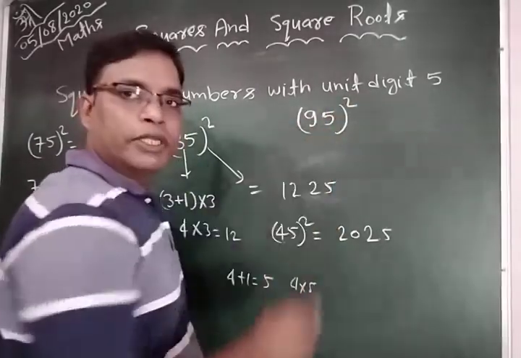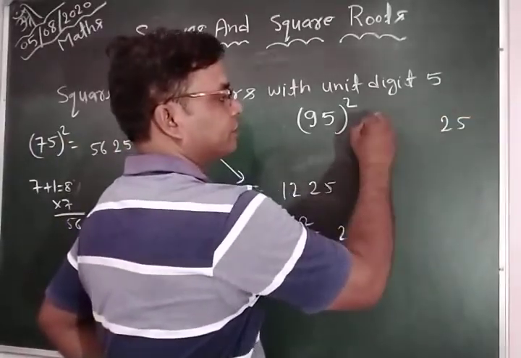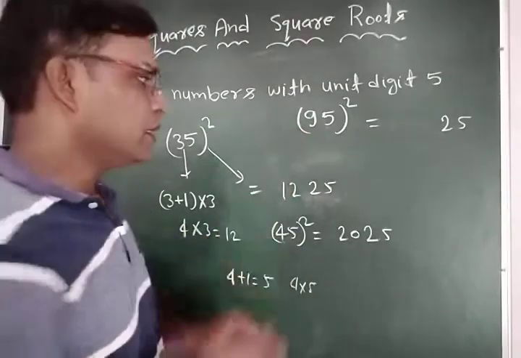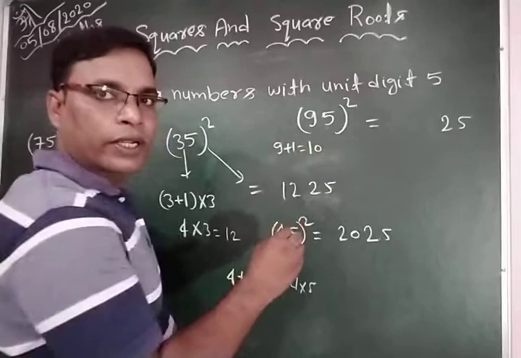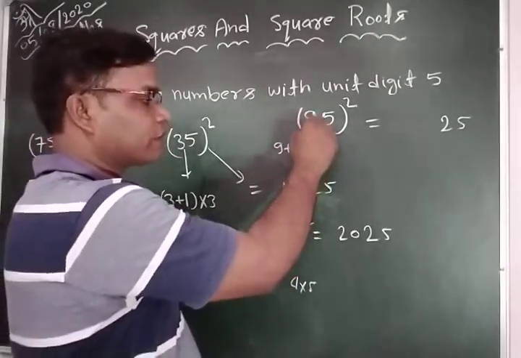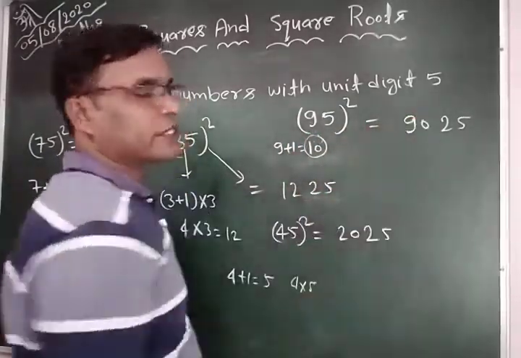So here the unit place is 5. So 5 times 5 is 25, you can write here. Now if you add 1 to 9, so 9 plus 1 is equal to 10. So this 10 multiplied by this 9, 10 times 9 is 90. So in this way you can say the square of